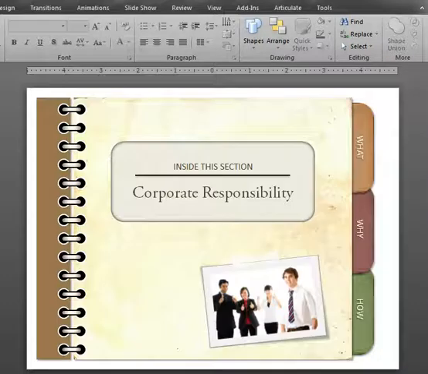And I'm just going to click on the next slide so you can see. So here I've got a textured fill as the cover of the notebook. The tabs have a textured fill as well, and you can see that the rings on the binding also have a gradient fill, and that gradient fill creates a metallic kind of effect. I've put some clip art in and some text, but you can see that it dramatically changes the way that